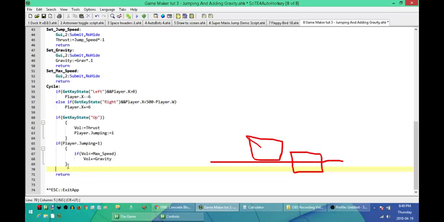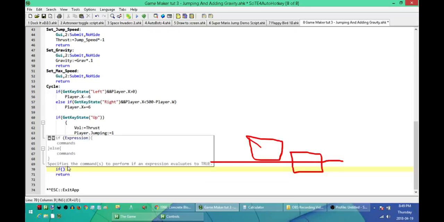We'll say if player Y is greater than 500 minus the player height,